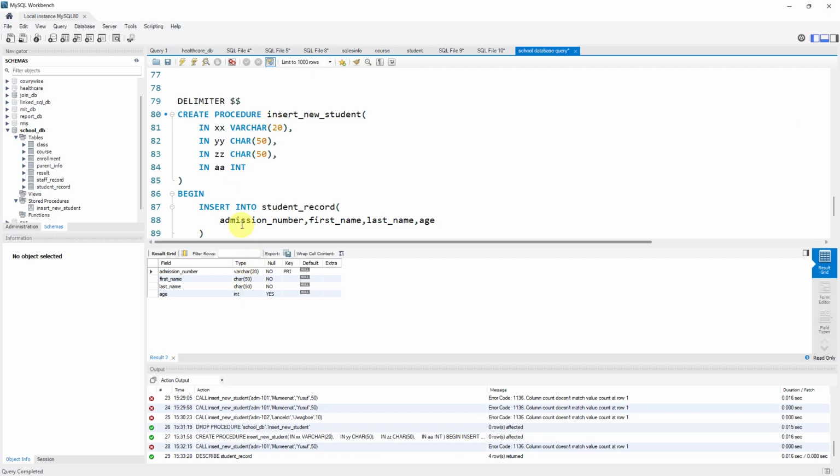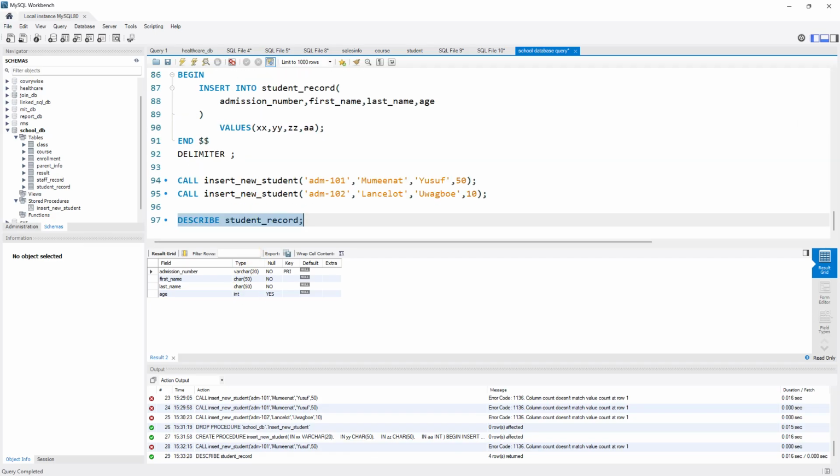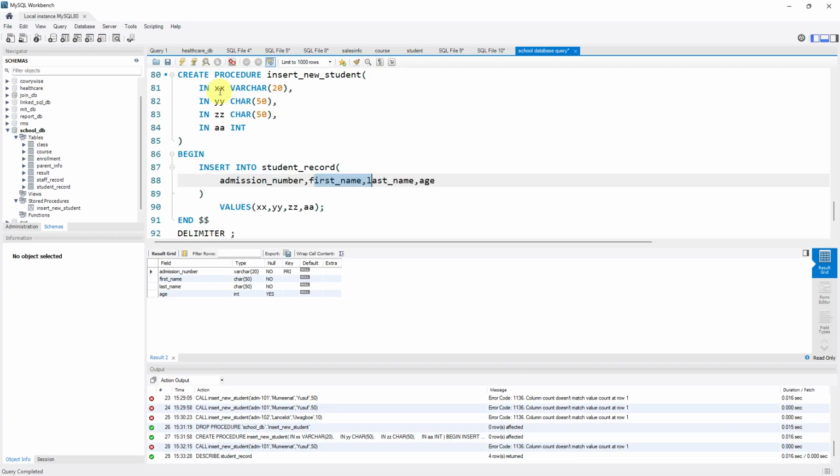I have 4, 1, 4. You know what? Wait, do I have to win this every time? I actually wanted to just create